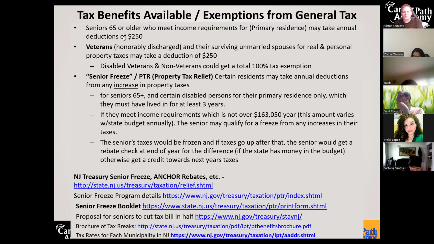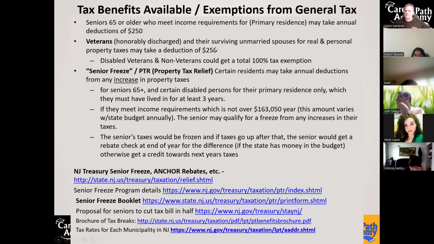So seniors who are 65 and older, wait a minute. Didn't we learn that senior citizens are when they're 62 and older? Well, that's only when it doesn't affect tax dollars that are having to come out of the government's coffers or get paid by the citizens. When it's benefits for like senior housing or something like that, that's not coming out of the government's pocket. You're considered a senior when you're 62 and older. But when it comes to the money, you're 65 and older. That's when you're considered a senior.